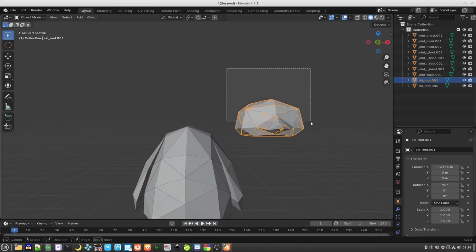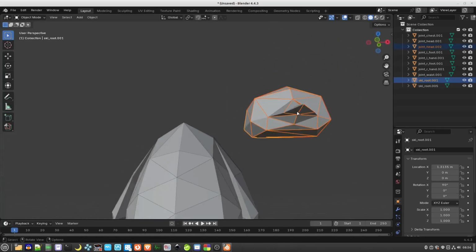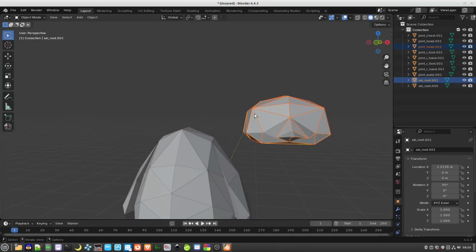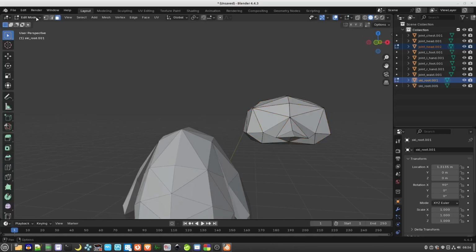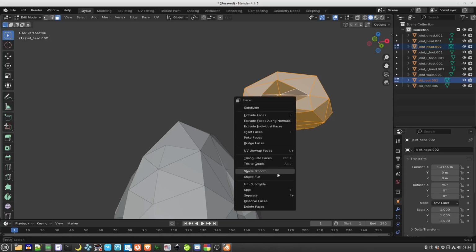So let's try and grab all of that. Go into edit mode, pressing either tab or selecting it here. Press A to select all of that, and then what we want to do is